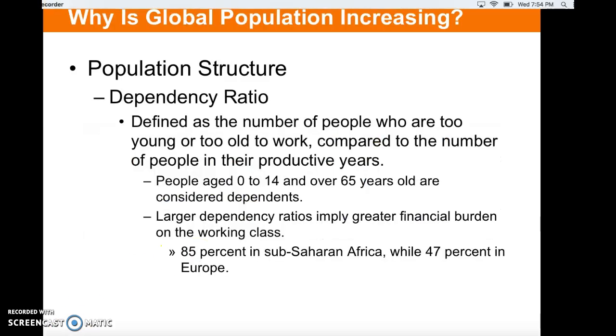The last thing to look at is dependency ratio. Dependency ratio is the number of people who are too old or too young to work compared to the number of people in their productive years. So people under the age of 15 and over 65 are considered dependents. People before they're able to work and people who are usually retired. A large dependency ratio implies a financial burden on the working class. And so we have an 85% dependency ratio